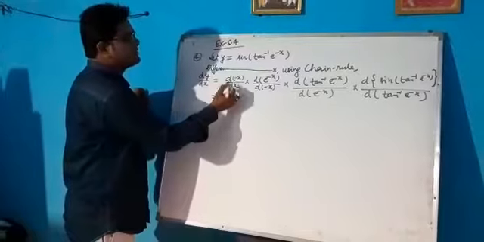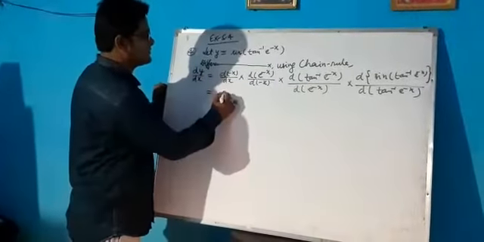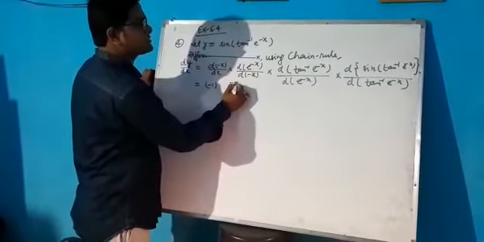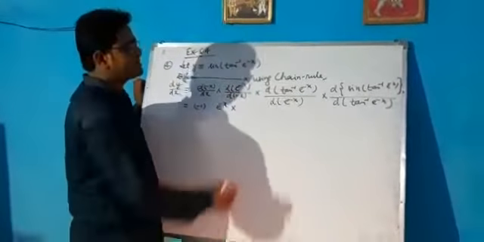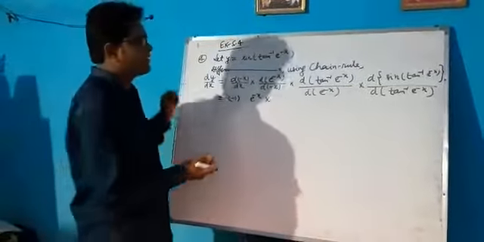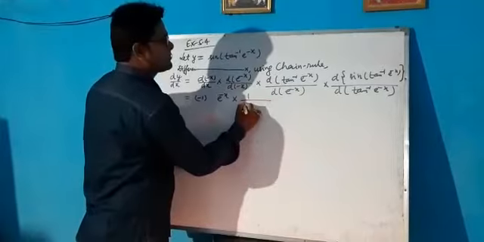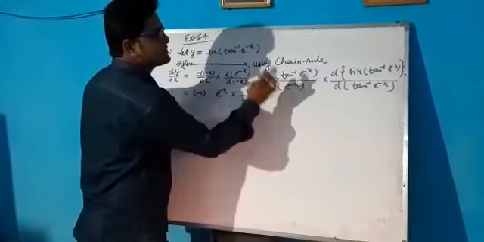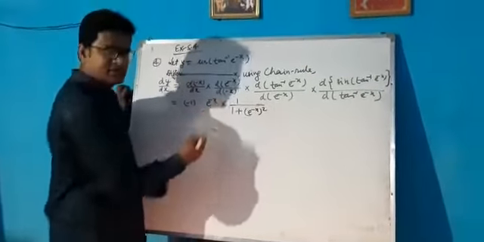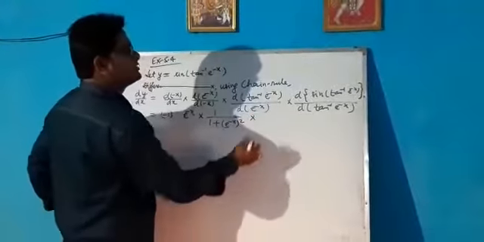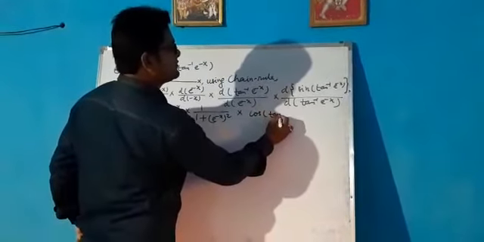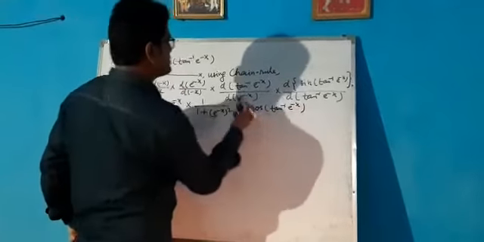Now, derivative of minus x is minus 1. Derivative of e to the power minus x with respect to minus x is e to the power minus x. Derivative of tan inverse x is generally 1 by 1 plus x square. So it will be 1 by 1 plus, this is working as x, so e to the power minus x whole square. You can do that. Now into derivative of sine, that is cos of tan inverse e to the power minus x. This is your final answer.